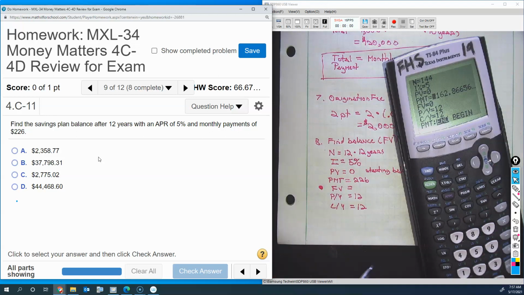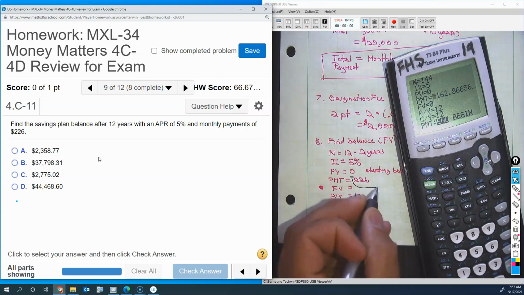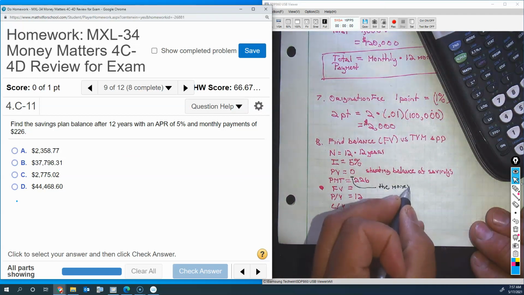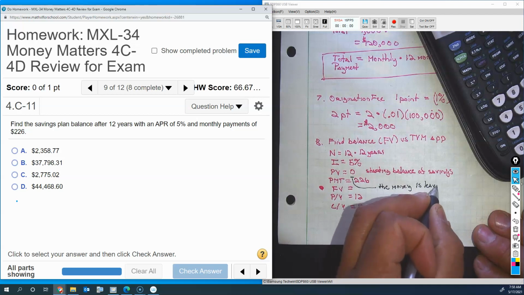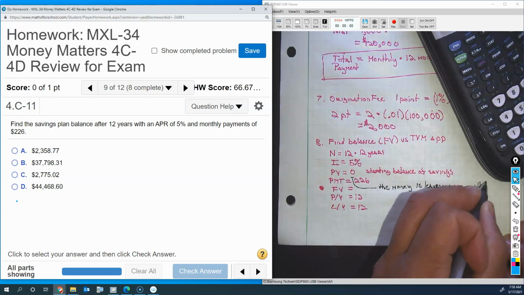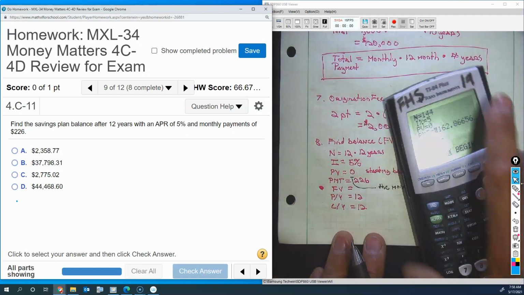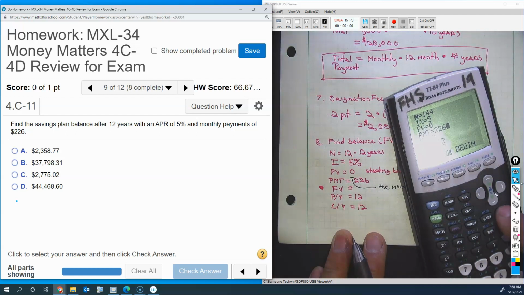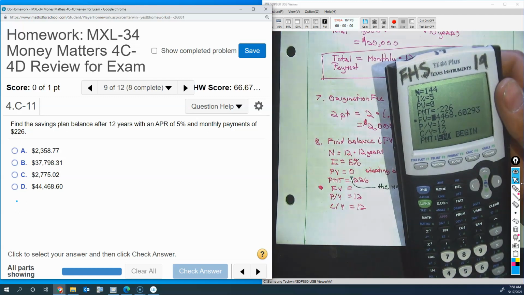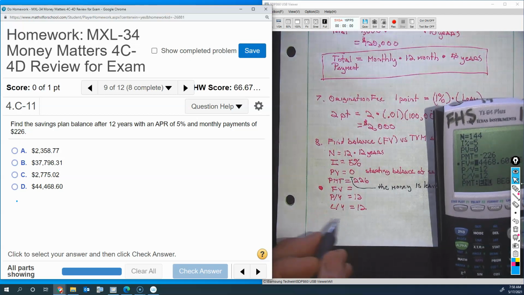Now when you make a payment, remember the payment goes in as a negative. Money's leaving your wallet. Negative 226. And I want to know the final value. So alpha, enter. And I end up with